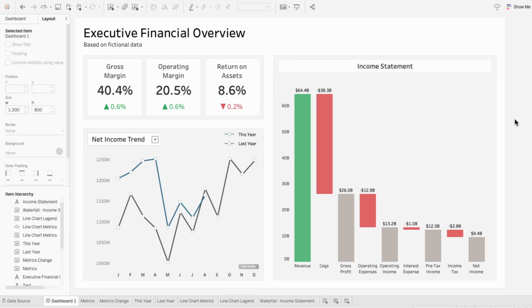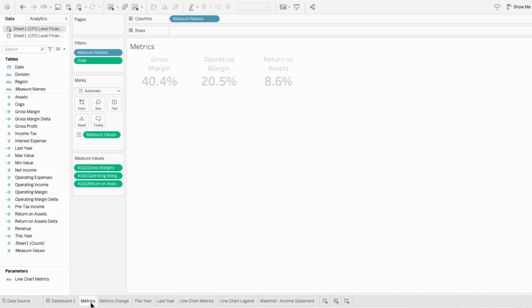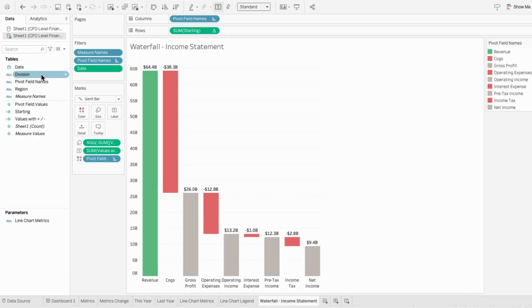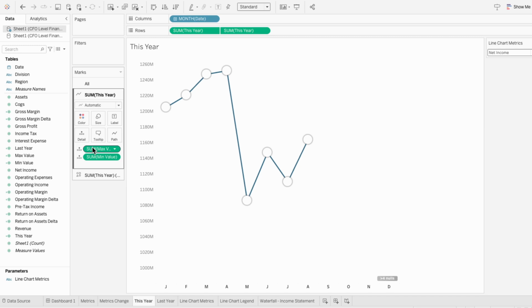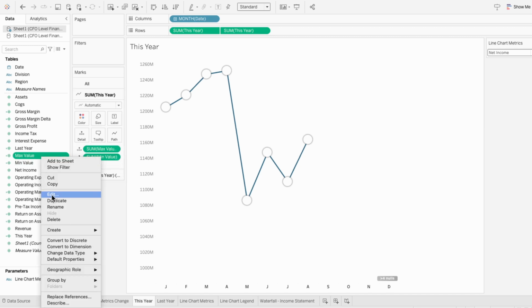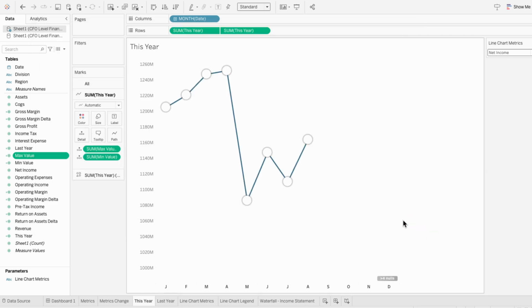Next, I'm going to show how to add a filter even though my data is technically coming from two data sources. I have one data source powering the metrics worksheet, which includes fields like division and region. And I have a separate data source for the income statement worksheet, which includes those same fields. But I don't want to join the two, and it's because some worksheets like this one use fixed LOD calculations. And these are not going to respond to the filters in one data source if they're joined in the usual way. So instead I'll use sets to filter across data sources and make sure the filters still work within fixed